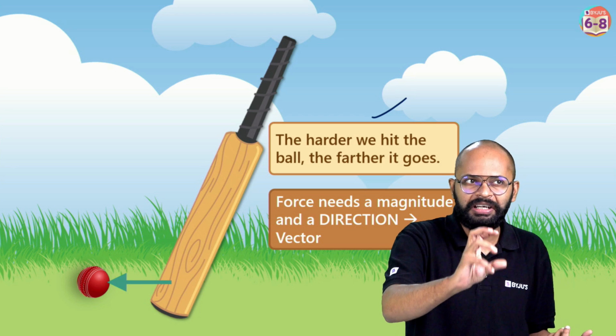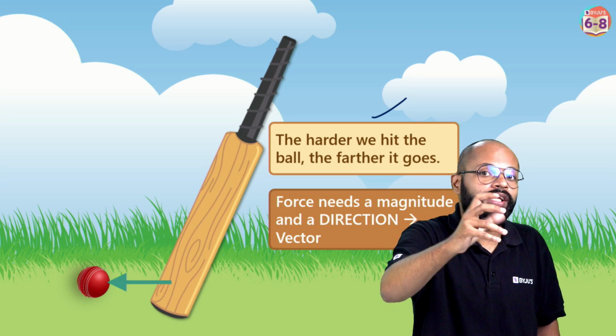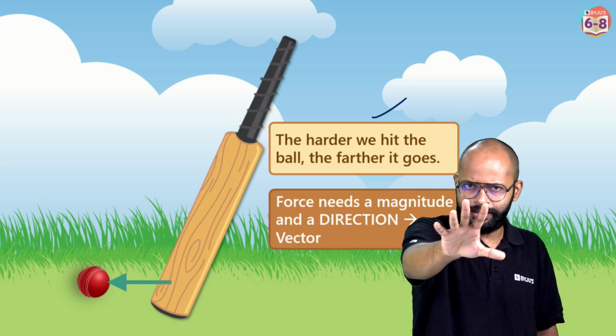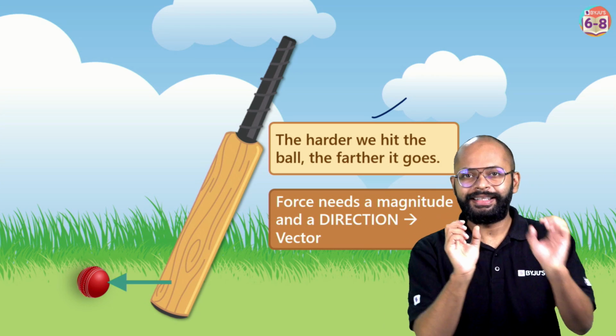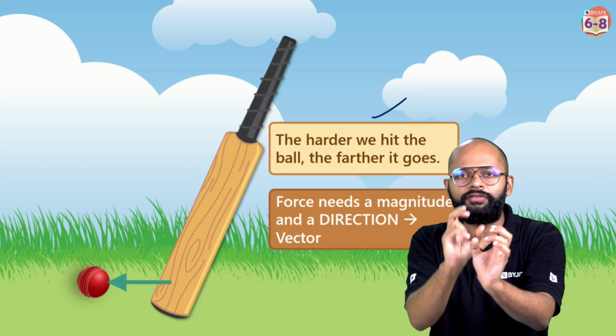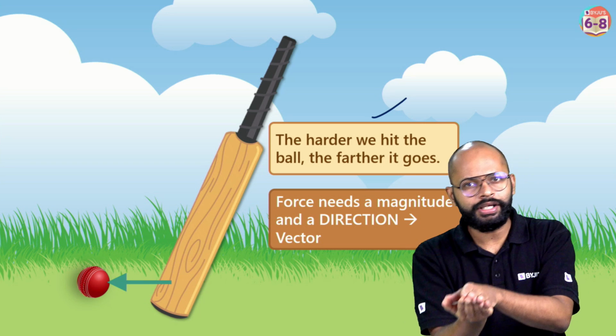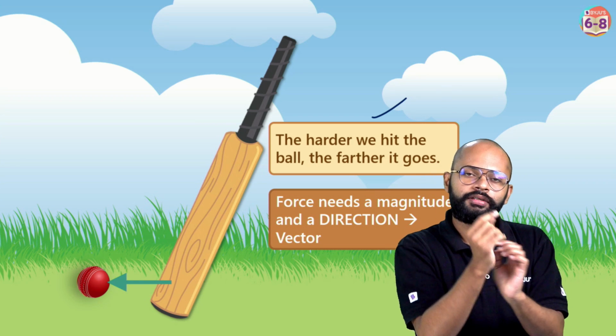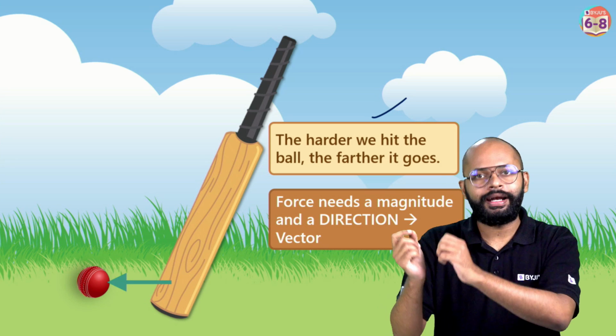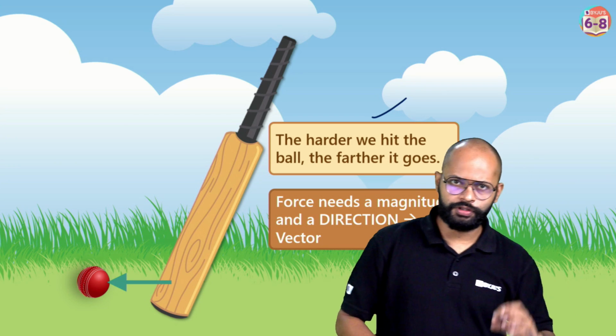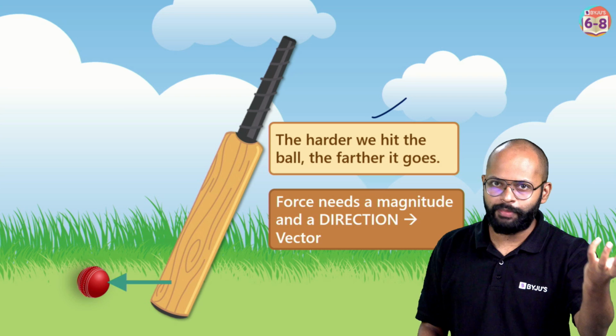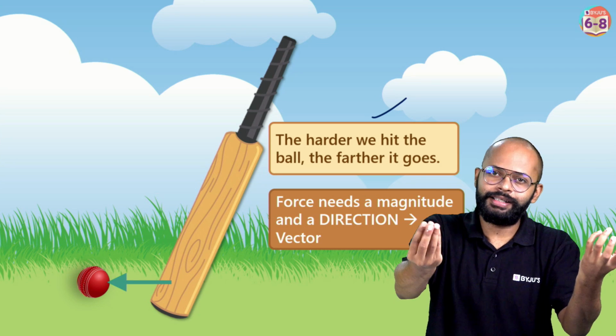Is the force 10 units or 20 units? What is the unit? You all know it is Newton. The unit of force is Newton. But the 10, 20, 30, 40, it's the magnitude. Direction is, sir, in north direction, in northwest, or in that direction, or in that direction. So when you talk about force, you need to talk about how much, that is the magnitude, and in which direction, that is the direction of force.